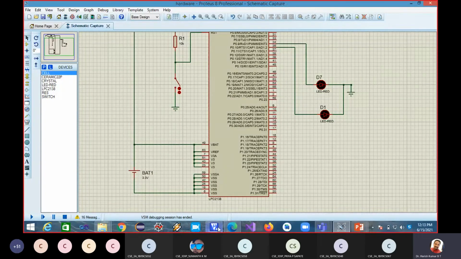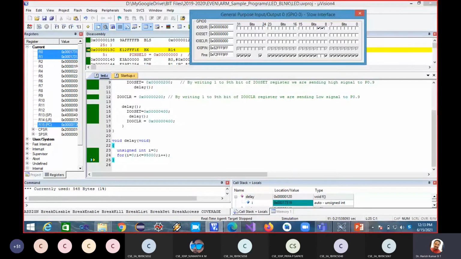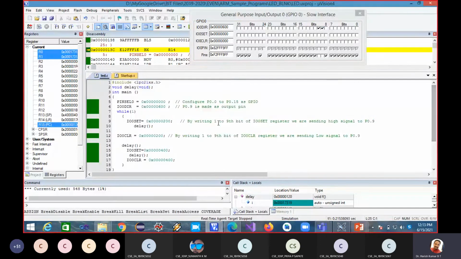Tell me what are the changes we got to do. I want to make all of them output pins. That is P0.0 to P0.7. 8 LEDs I need to use. I want to make all of them glow.